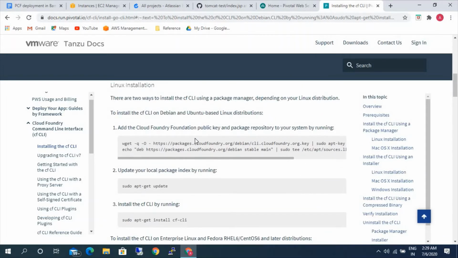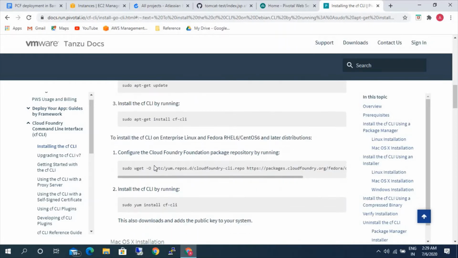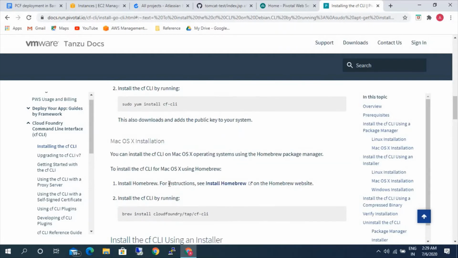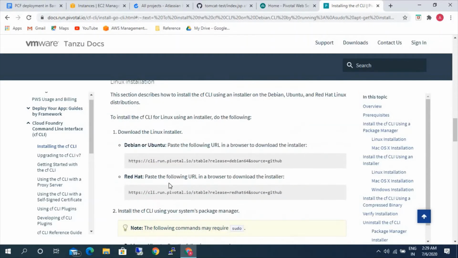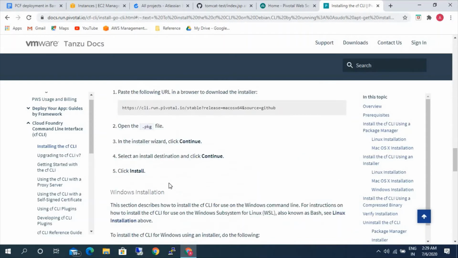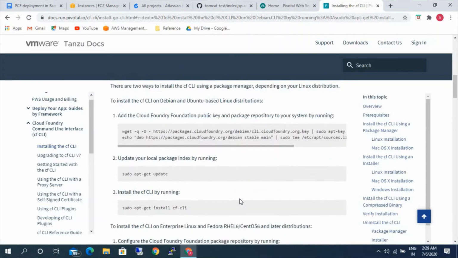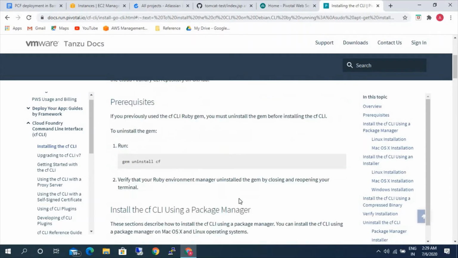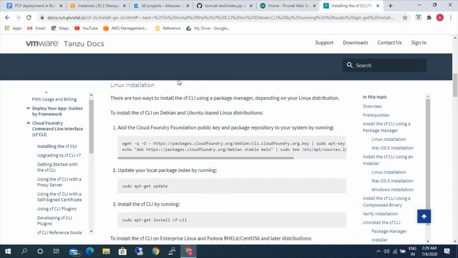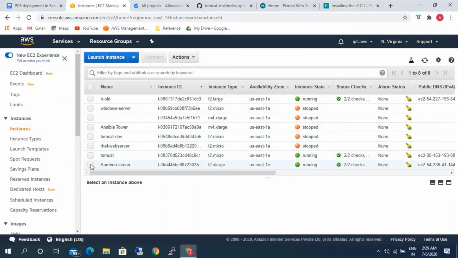If you're accessing it through your desktop or laptop, you can install this there accordingly. You have other options for Mac and Windows as well. You can select according to your operating system and install it. I'm just going to install this on our Bamboo server.